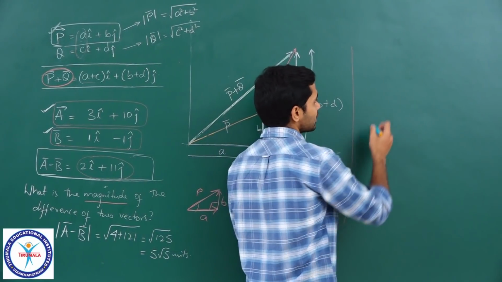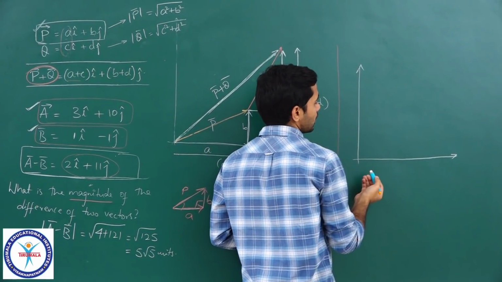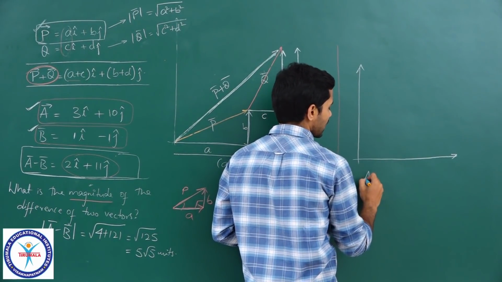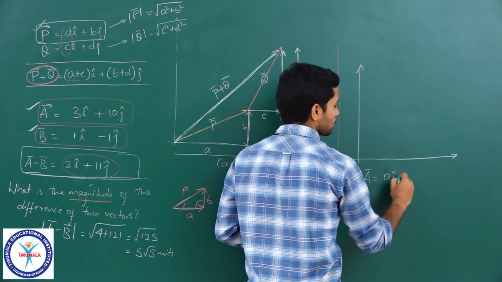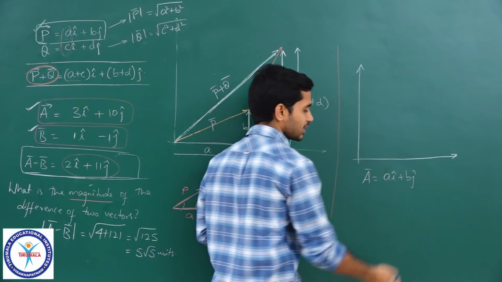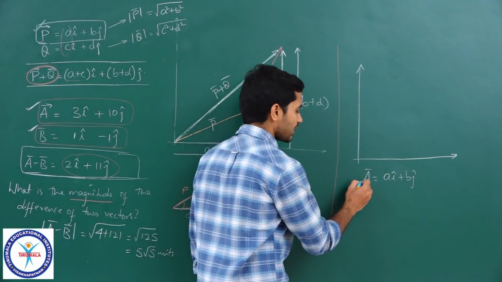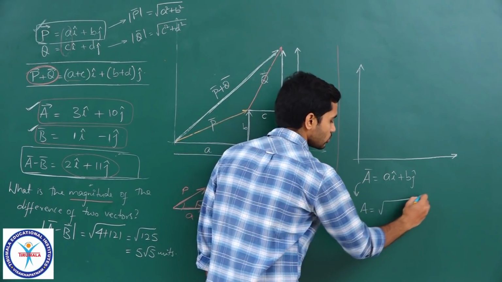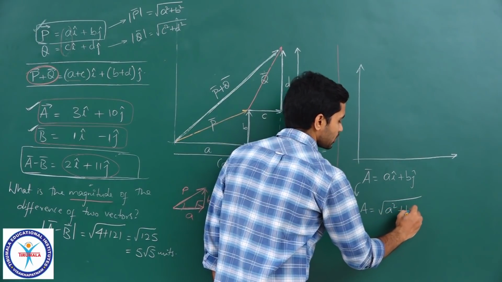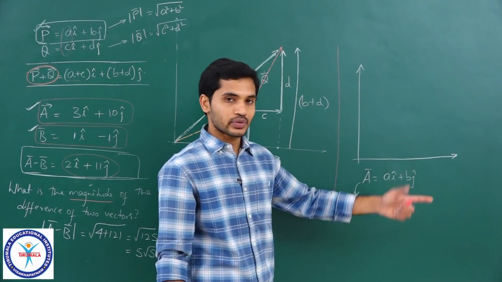So, let us do a general understanding for that. Whenever we have a vector, let us say a bar is equal to ai cap plus bj cap. If a vector is given to us in this manner, and I need to find its magnitude, we know that it is root over a square plus b square. That is pretty simple, right? The magnitude of this vector is root over a square plus b square.